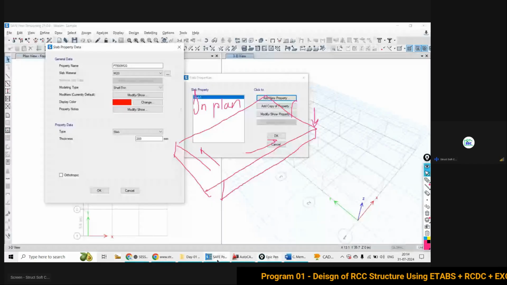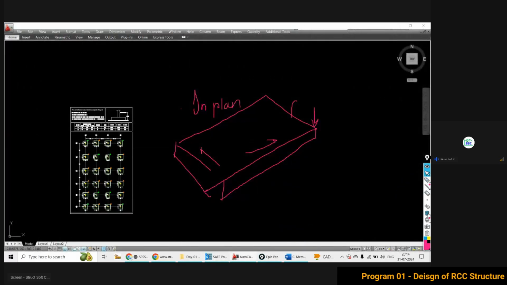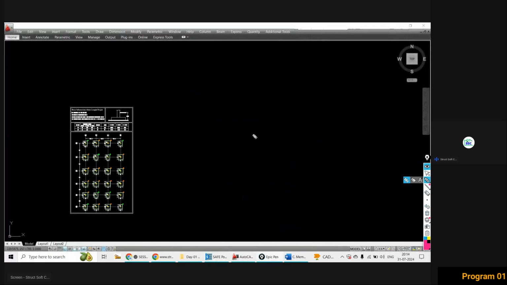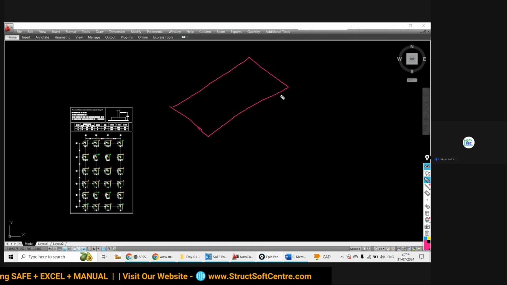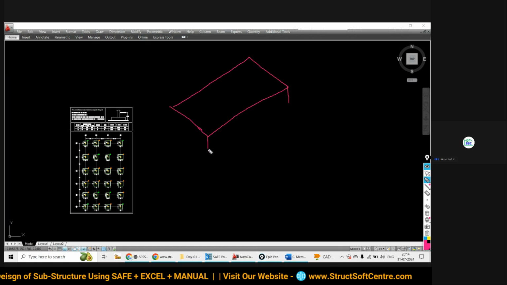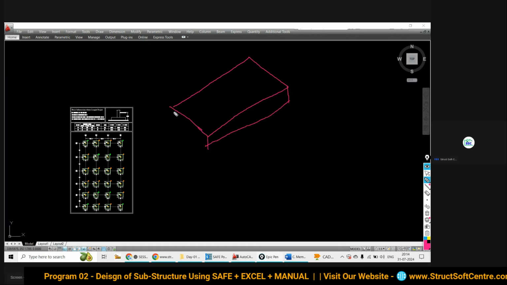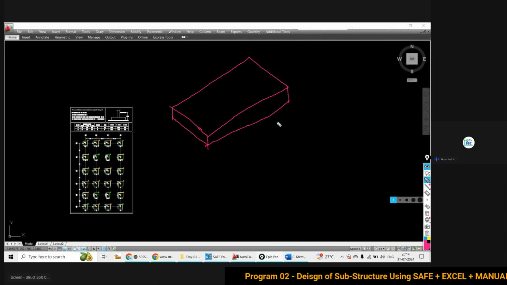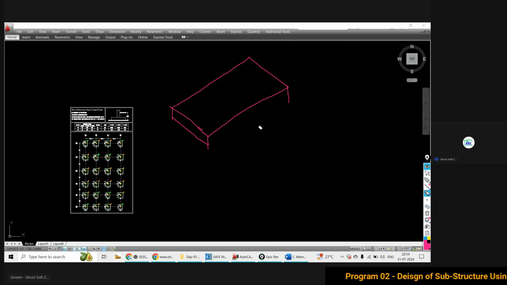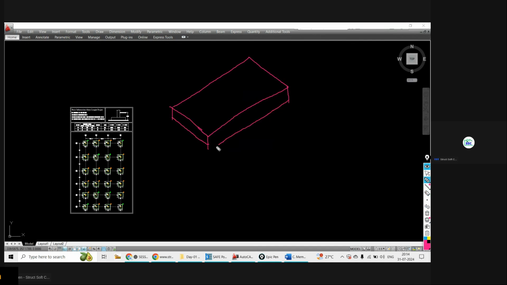ठीक है, देखिए समझिए क्या चीज है ये, फिर से मैं एक्सप्लेन करता हूँ. In plane and out of plane stiffness. Okay, suppose this is the plate element. It's a plate element. This is my plate element, or you can call it a slab, not plane. If you want to call it not plane, then you can call it a simple slab. So ये आपका एक slab है, right?